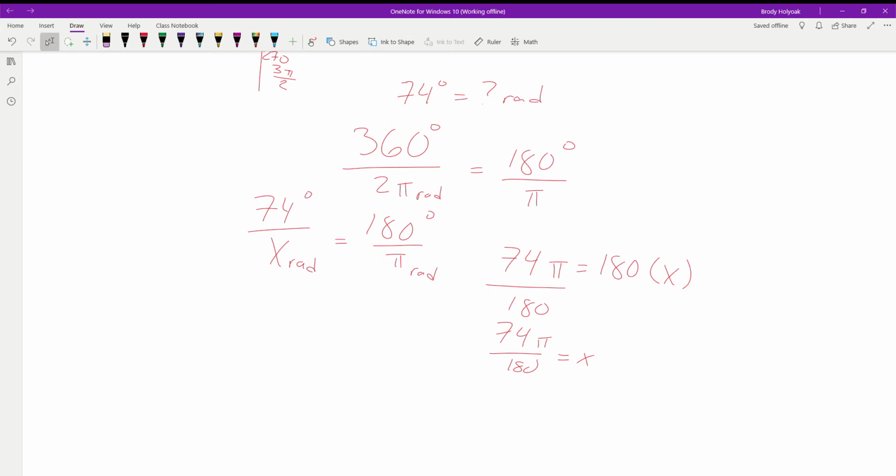Well, depending on how we want the answer, there are going to be times where we want the answer in pi radians, and other times where we just want the full number. So we'll solve for that first. So 74 by 180. Okay, which is going to reduce down to